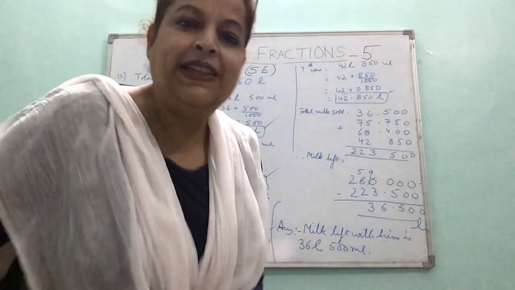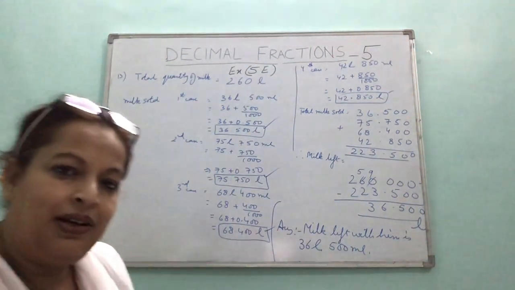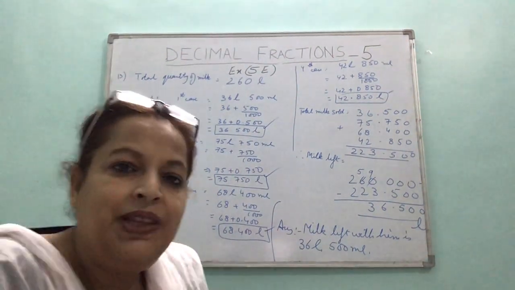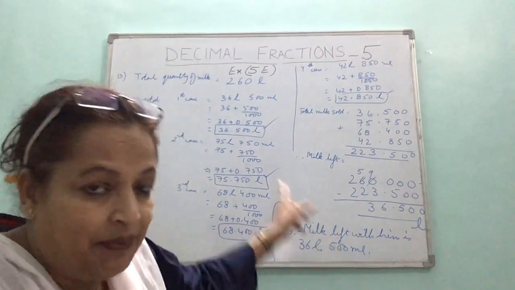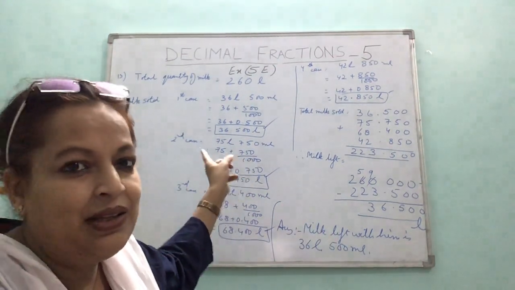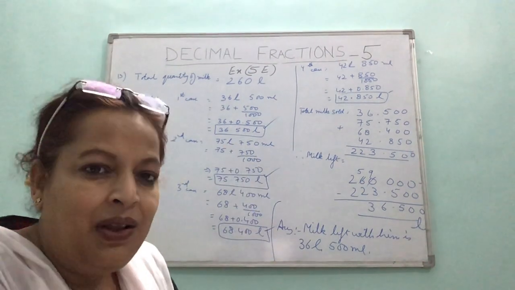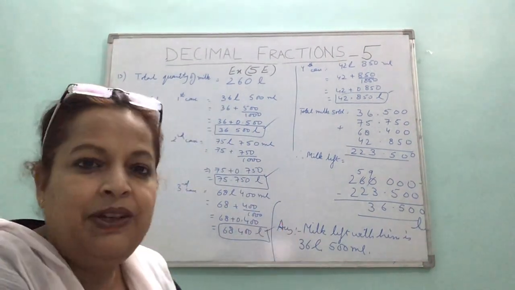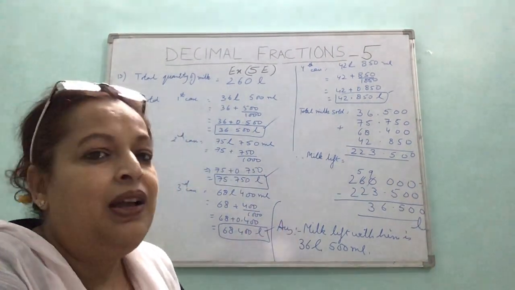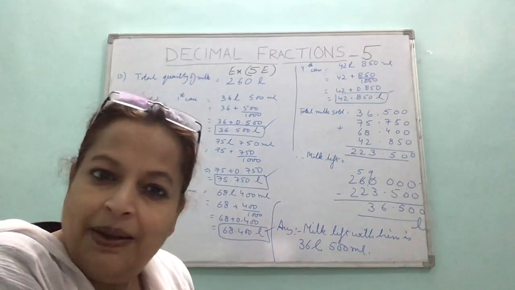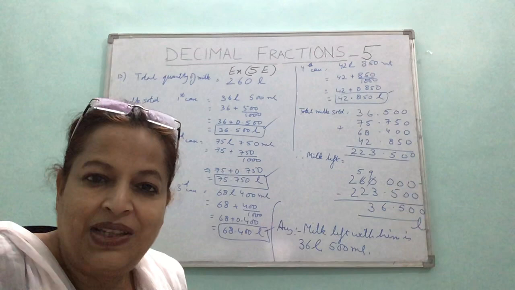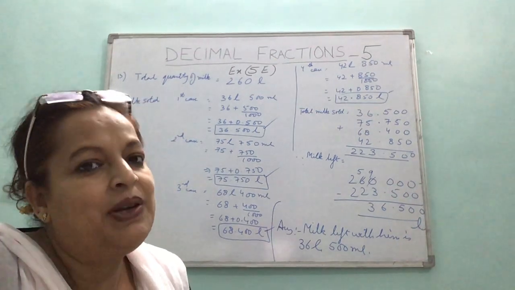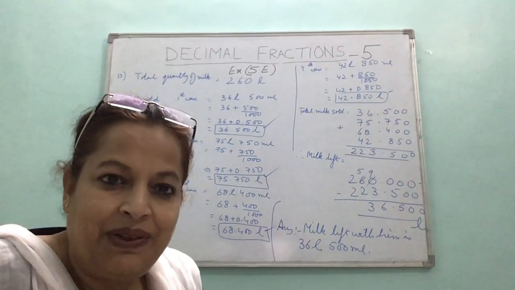So as I said in my assignment, children, for this exercise you will be doing the even questions in your classroom notebook, but this also. 13th is an odd number, but this also, because every question which I have done on the board should be in your register, along with that table which I have drawn in the beginning, right? And remaining even questions in register, but practice all the questions, don't leave it.